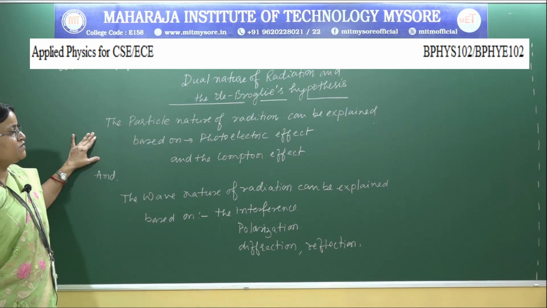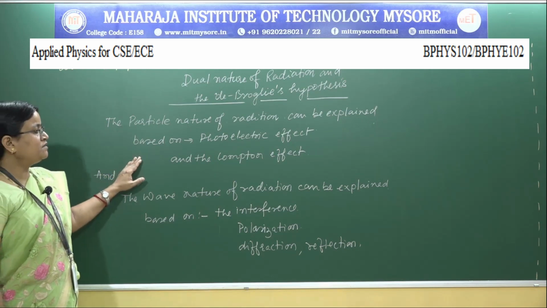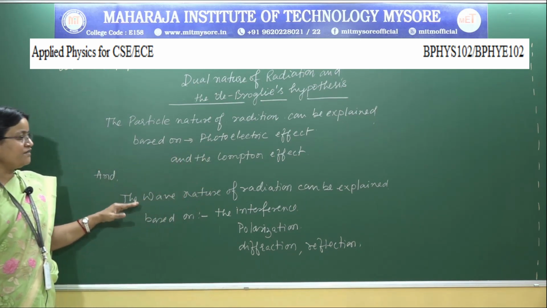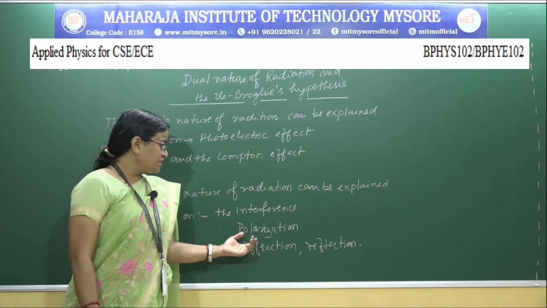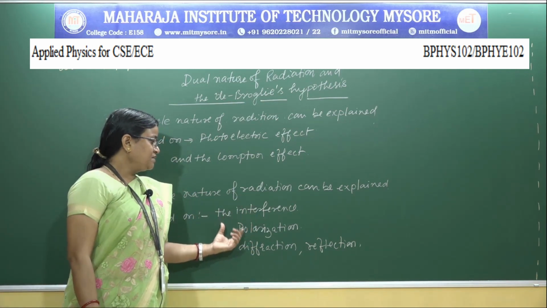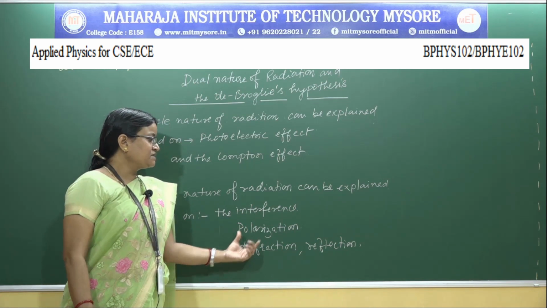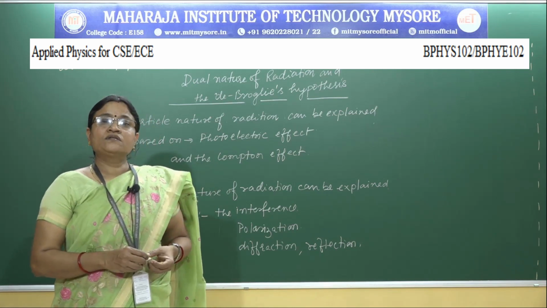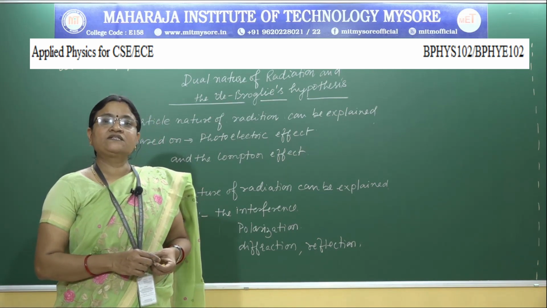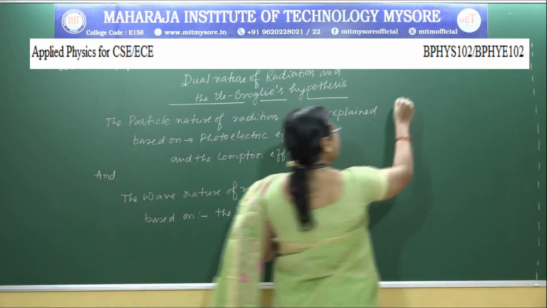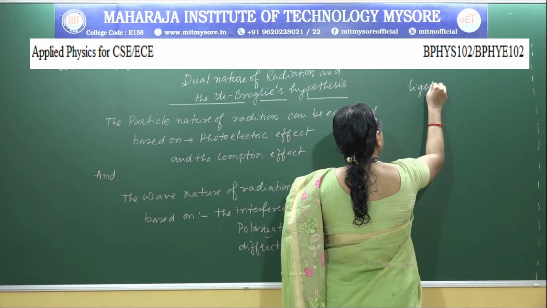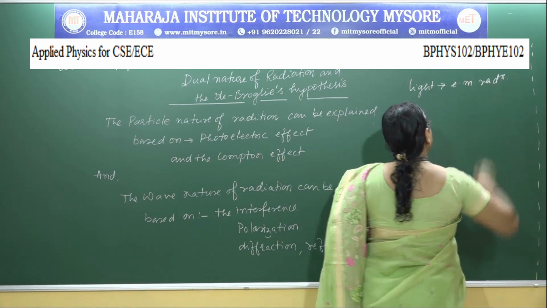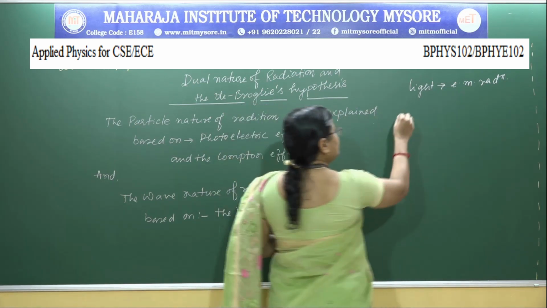So, the particle nature of radiation can be explained based on photoelectric effect and the Compton effect, and the wave nature of radiation can be understood as the radiation undergoes interference, polarization, diffraction, reflection, etc. So, what we know is that light is one kind of electromagnetic radiation. So, in 1905,